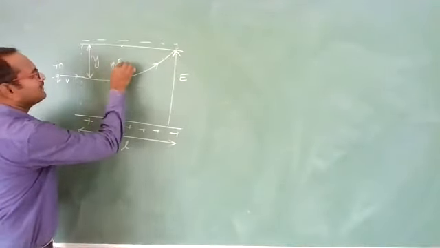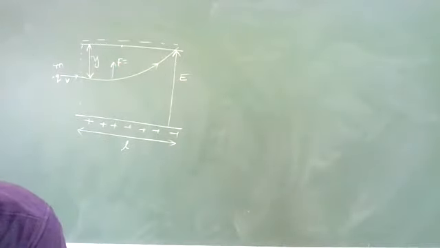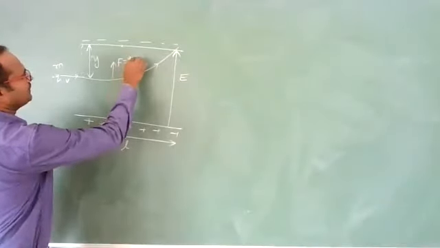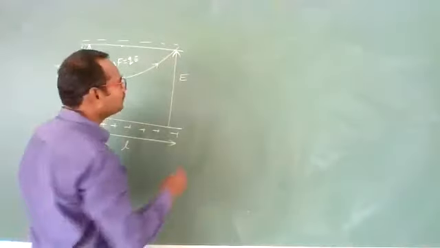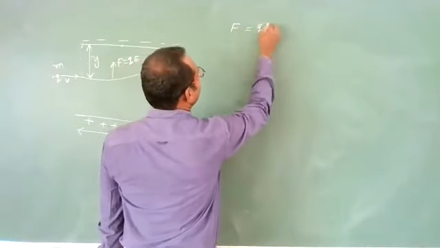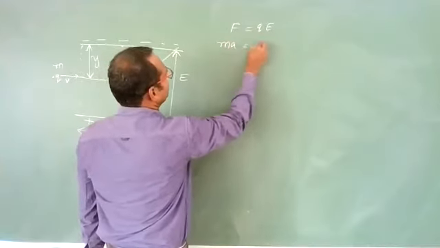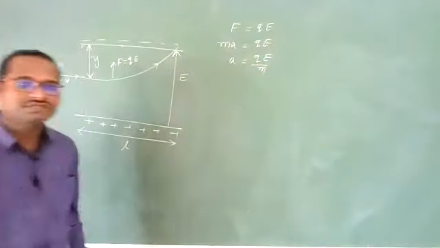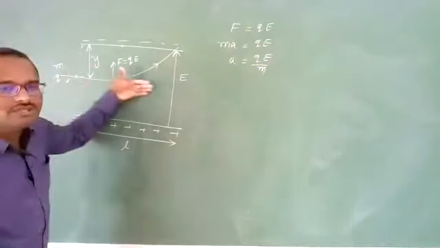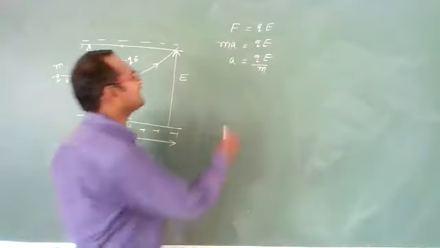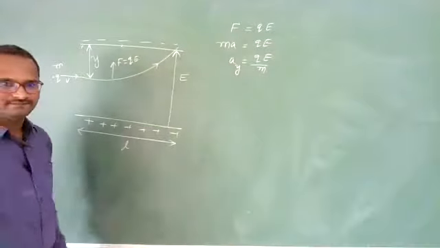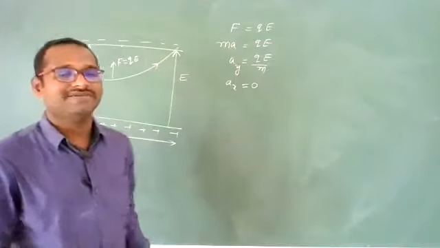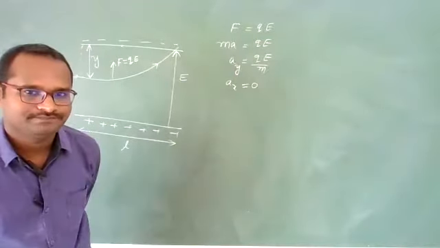How much force is acting on the charge particle? Force acting on a charge particle is QE. It is acting in vertical direction upward. So that force acting is QE, we can say, as we know F is MA, so QE and A is equal to QE by M. So this is the acceleration acting on the charged particle when it enters into this electric field. And this acceleration is acting vertically, whereas along the horizontal, there is no acceleration. It is moving freely along the horizontal axis, because along the horizontal axis, no force is acting.